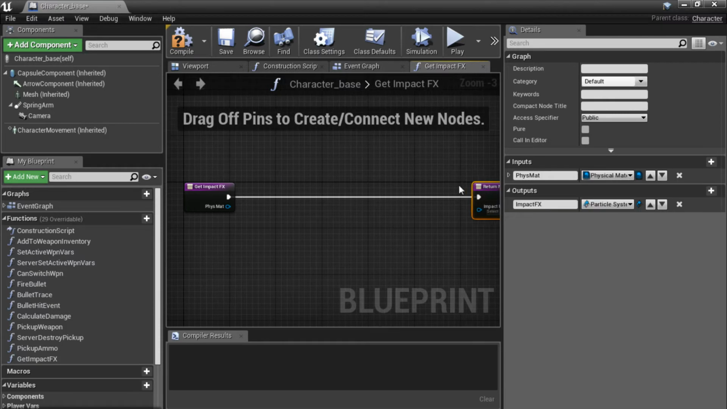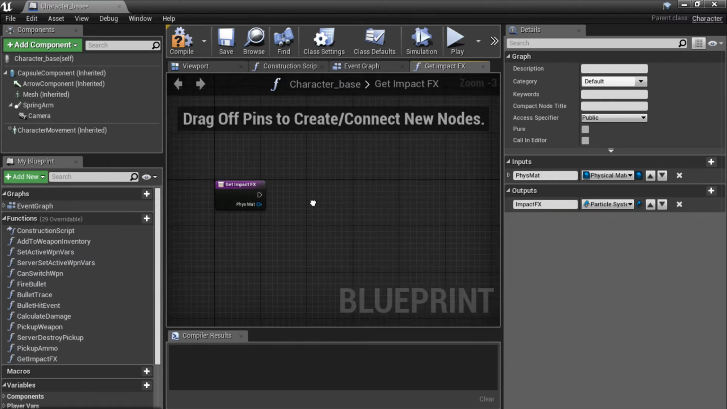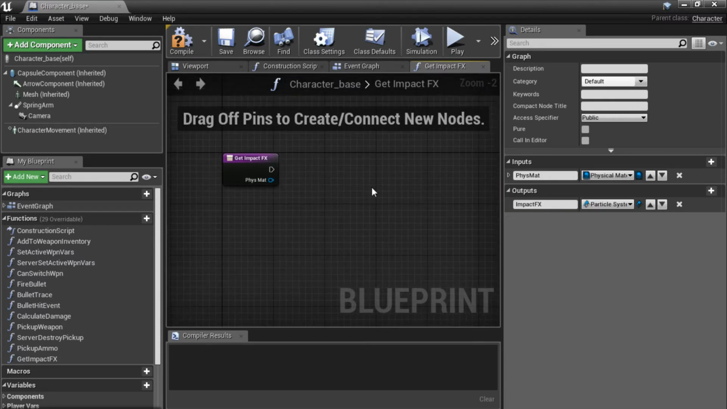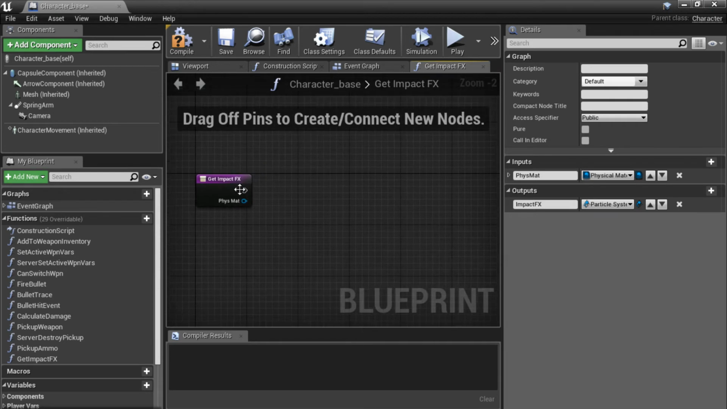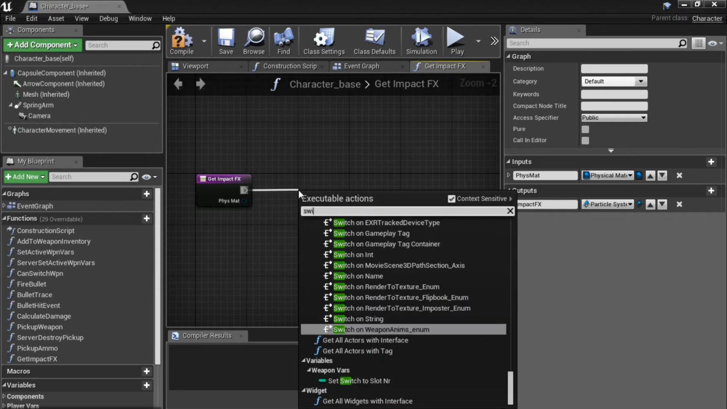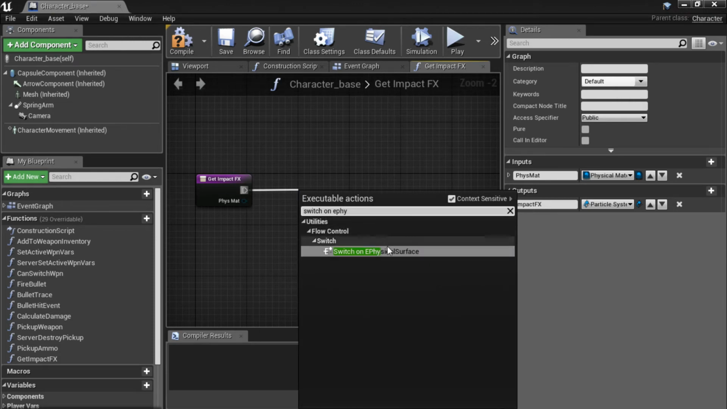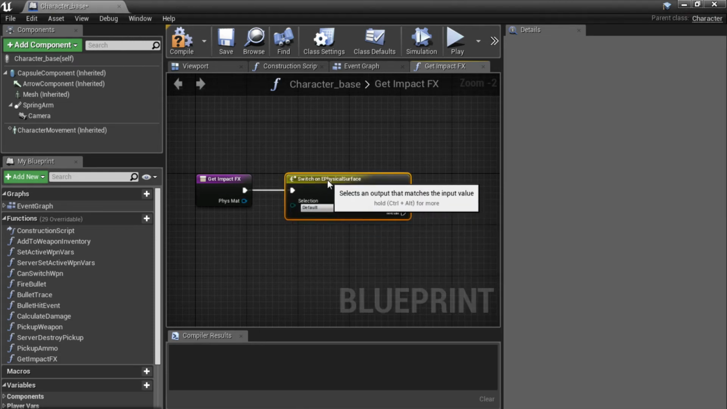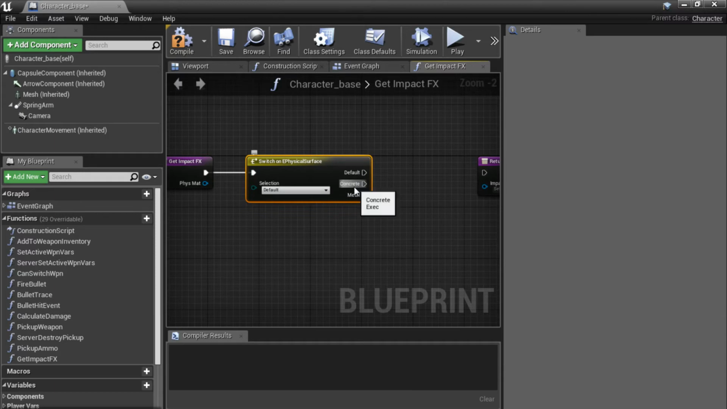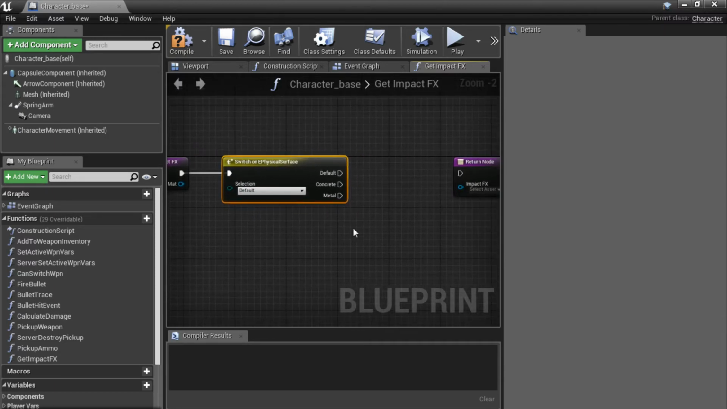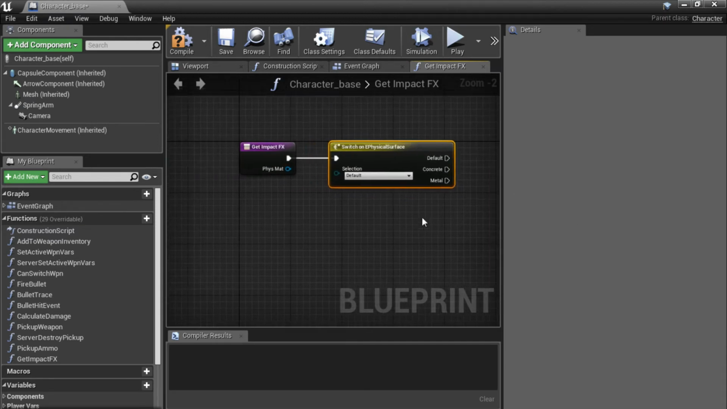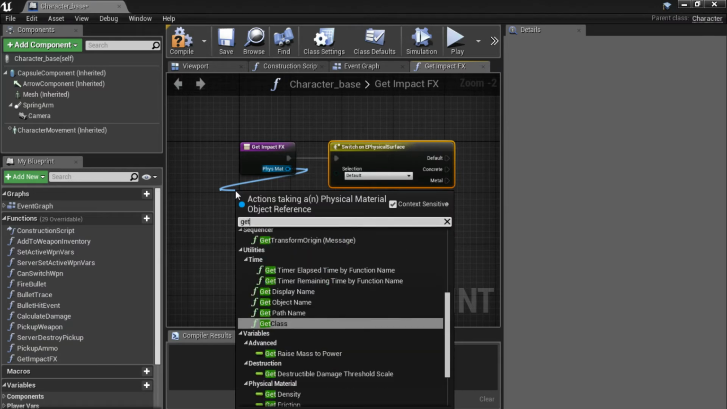Let's create a little bit of room over here. And what we are going to do is switch on an ePhysical surface. So if we drag off here and look for switch on ePhysical surface and get this node, you can see our physical materials we entered are in this node, and we can use this to switch our return values. If we drag off our physical material over here and do get surface type,